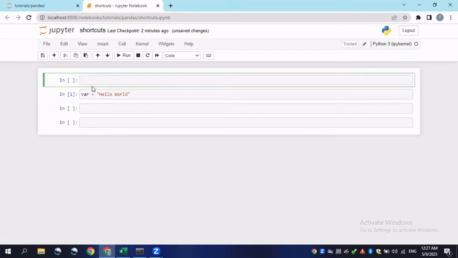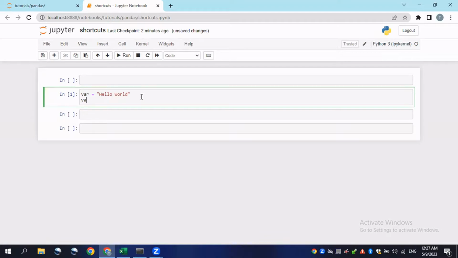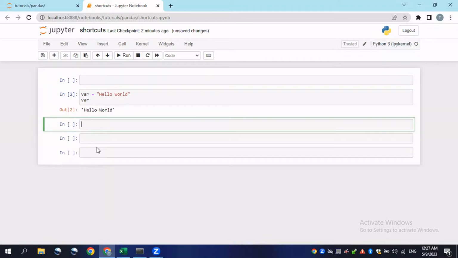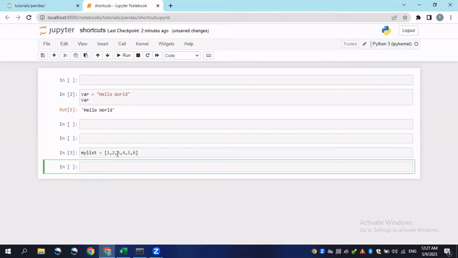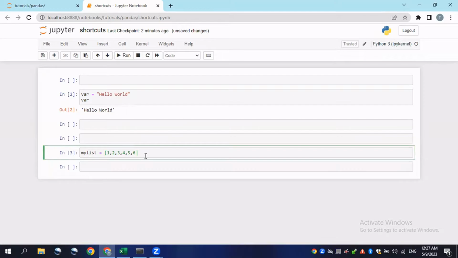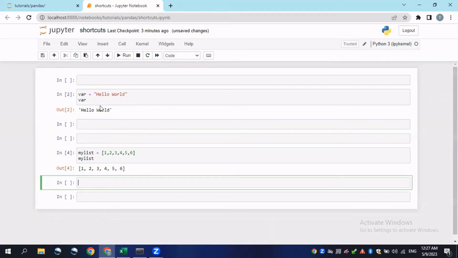Before running it, I will print it out, right? And now here I will create a list, my list, and assign a couple of values here, and click Alt Enter and call it even here my list. Okay, we have two lines here, and now I will try to explain the